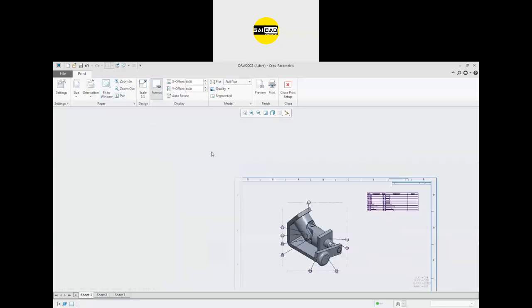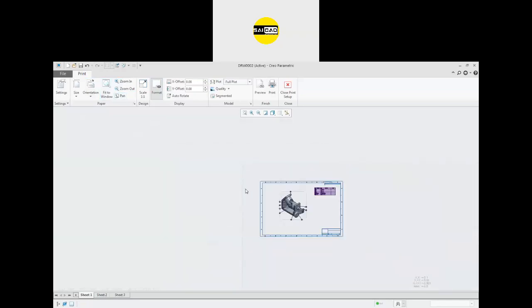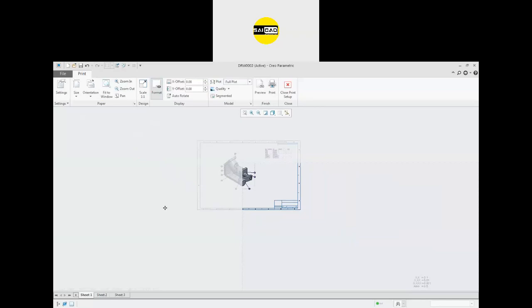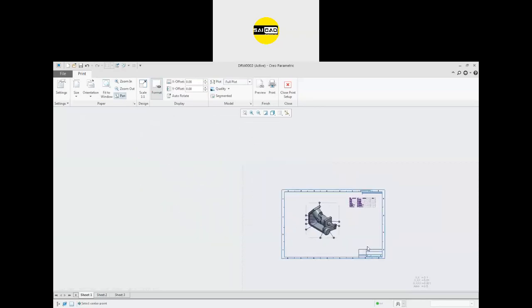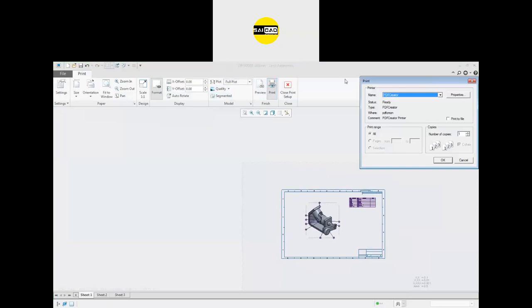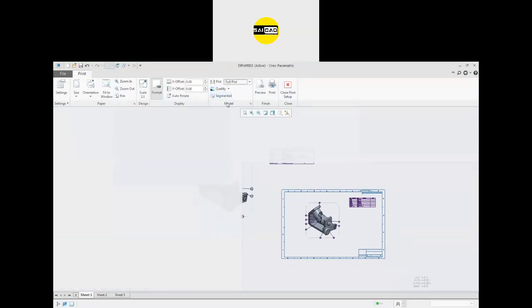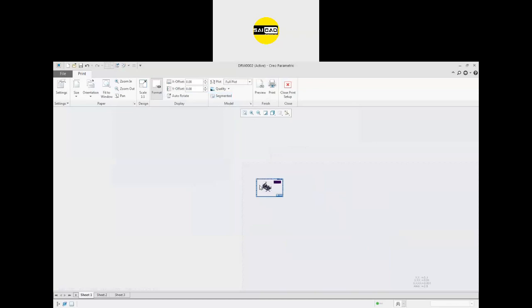So there is the pan. You can move the sheet like that, or pan it like that. The scale should be 1:1. The sheet scale you have created should be there, and we have the offset values. I don't want any offset right now. And we have the auto rotate, the full plot should be there, and the quality is okay. We don't need that. So go to the print, and we have the options here for which sheet we need. So I need to print everything for that.